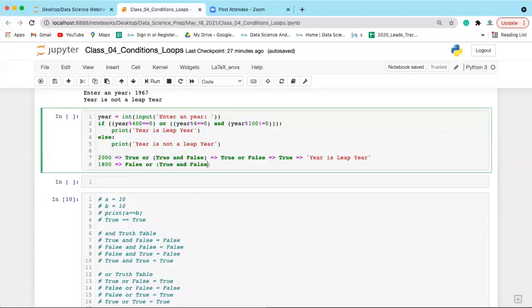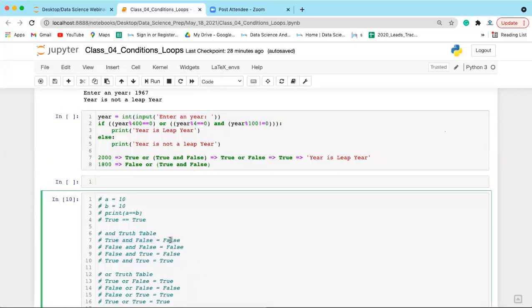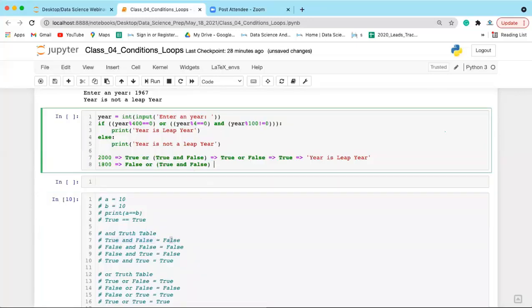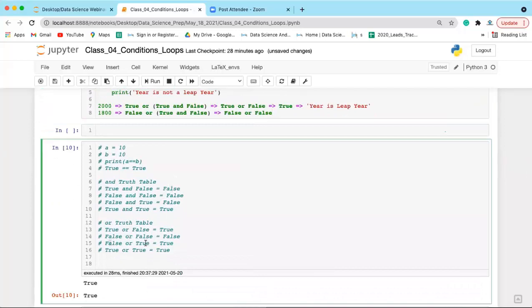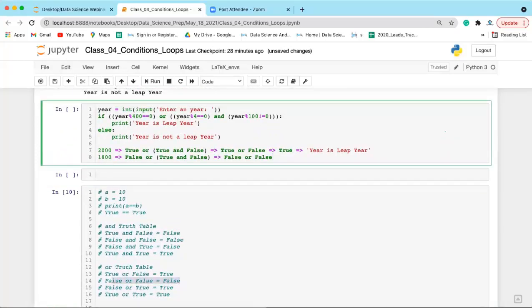This is false, right? So true and false, if any one value is false, the result is going to be false. So in this case you will get false or false. Since both values are false in the case of OR, false or false will be false only. So you are going to get false, and when you get false, it means the year is not a leap year. Clear?